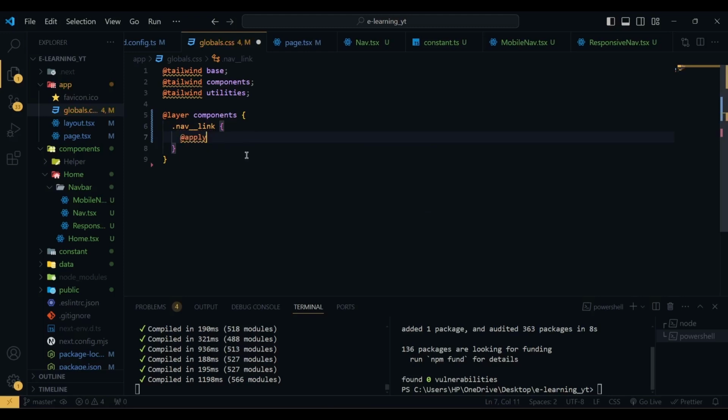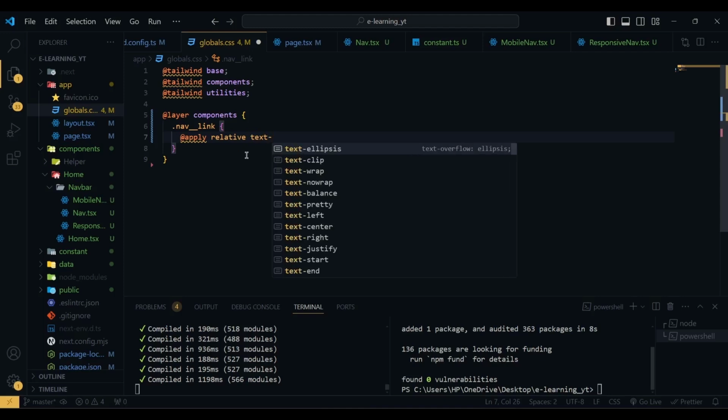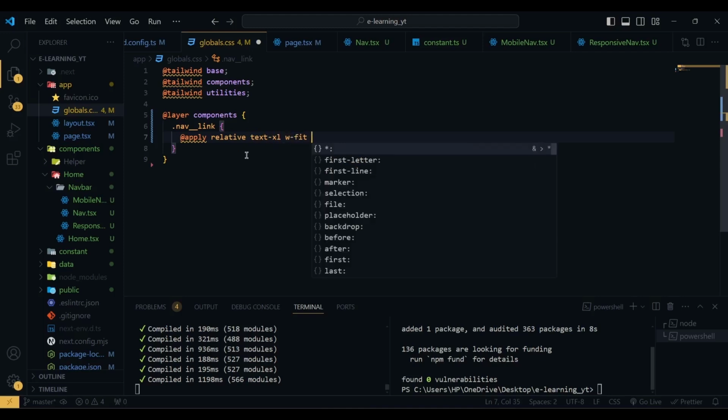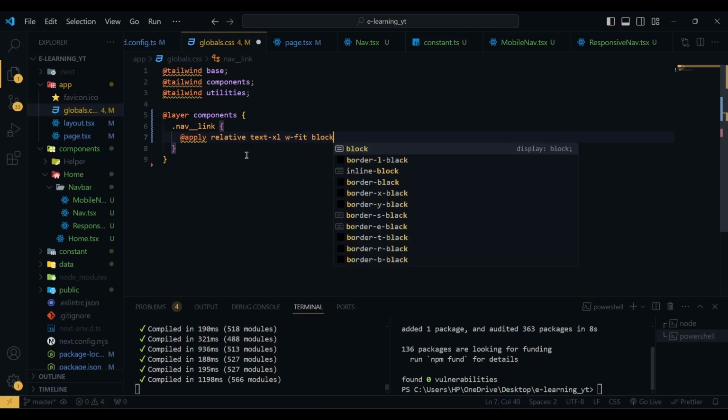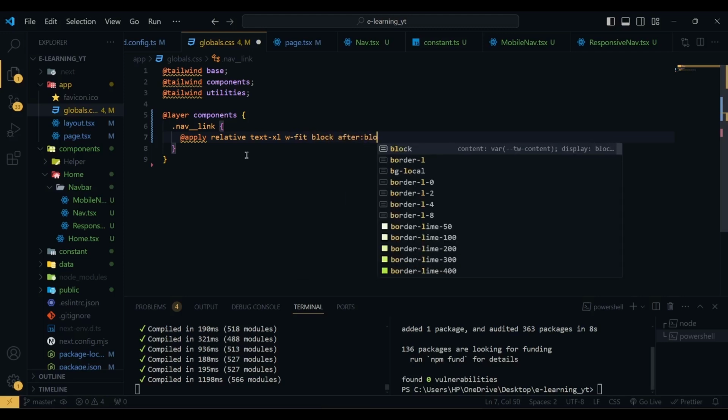So what we are going to use here? So first we are going to apply relative, then text will be Excel, width will be fit, it will be block, and after will be block, and